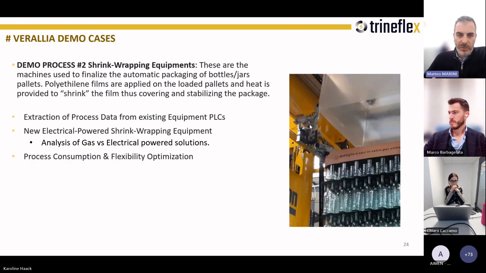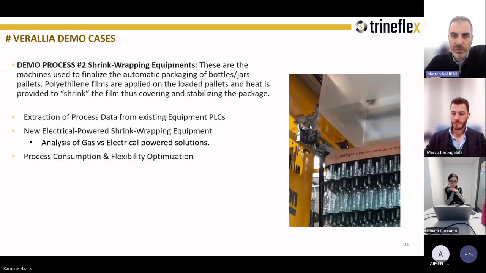So what we will do for this process will be, first of all, to extract important information about the production cycles through a retrofitting of the existing equipment PLC. The existing equipment, I remind you, is again powered by natural gas at the moment. But then we will install a prototype of one of these equipment, where the heat comes from electrical resistance. This new equipment will be installed on the same packaging line, so it will be in series with the original